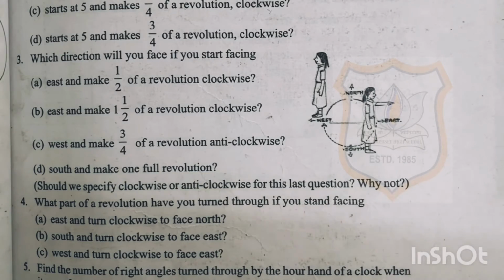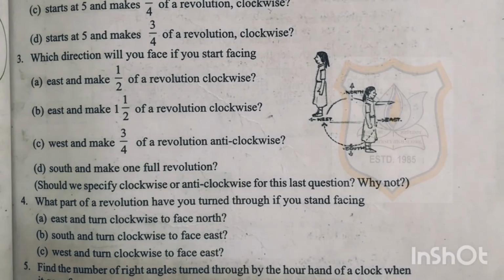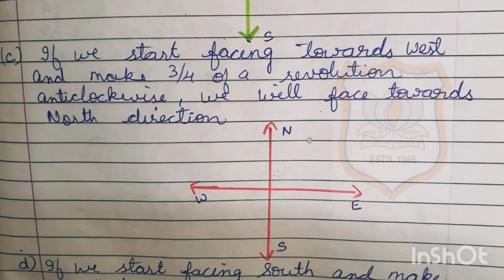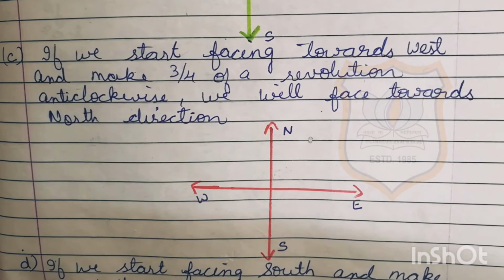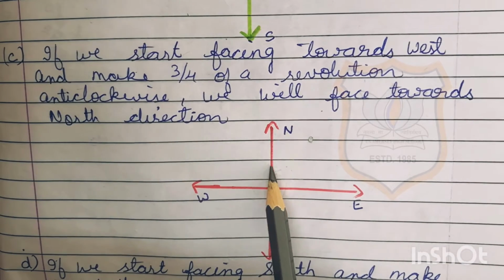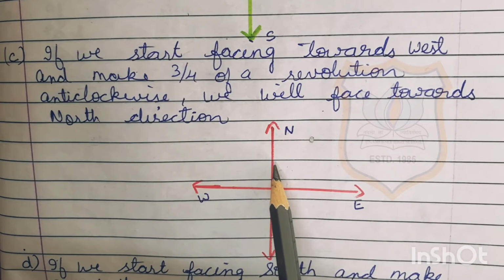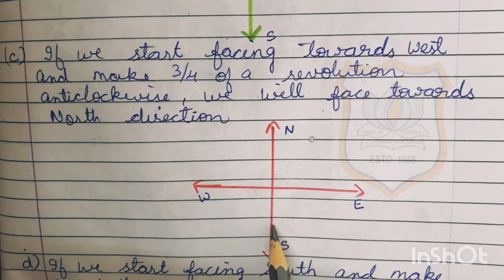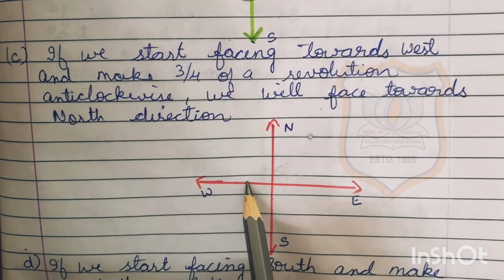C part of question number 3: west and make 3/4 of a revolution anti-clockwise. Solution for C part of question number 3. Here we have to find out at which direction we will face if we start from west and make 3/4 of a revolution anti-clockwise. Clockwise means we have to rotate from north to east, east to south, south to west, and west to north. And anti-clockwise means from north to west, west to south, south to east, and east to north. Now we are at west and we have to move